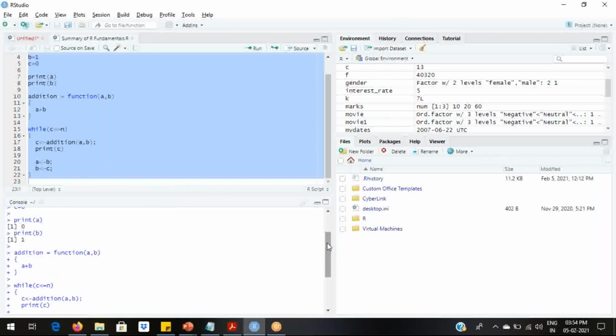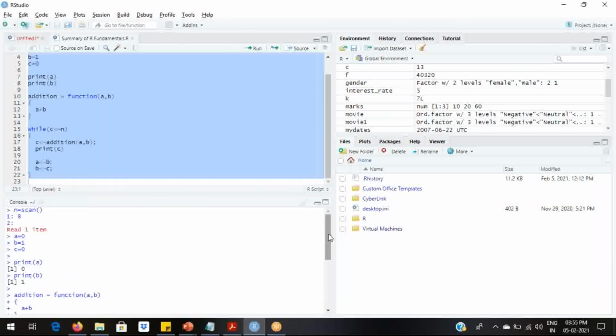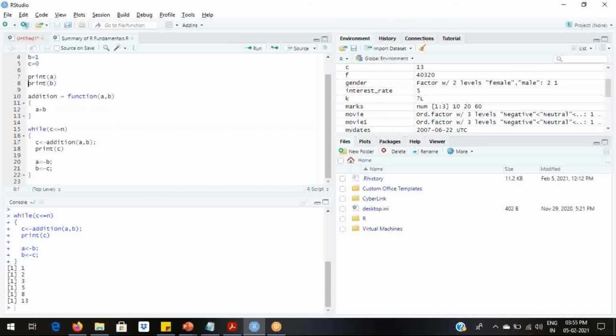So you can see the output 0, 1, then 1, 2, 3, so on till 13. Since it will execute until the value is greater than 8 inside the while loop, it has terminated at 13. So if you see here, initial